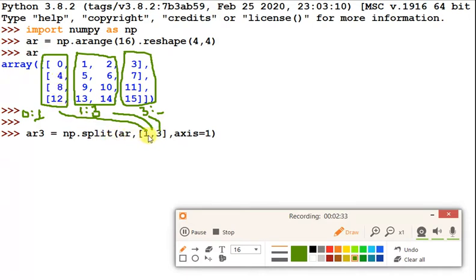Then 1 to 3 is the range, so it extracts the columns from 1 to n minus 1, that is 3 minus 1 equals 2.